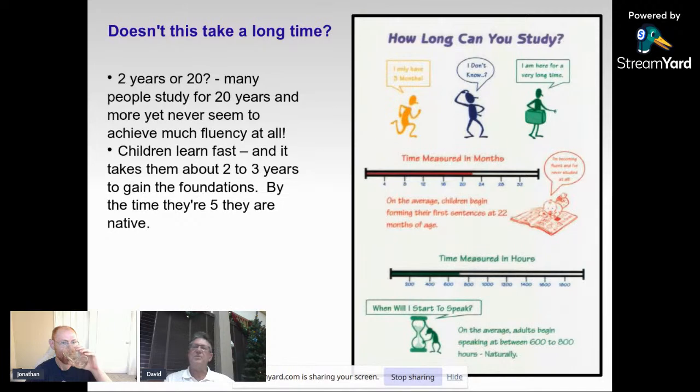If I say to you, it's going to take you 2 years to acquire this language or 3 years to acquire the language, well, I don't have that much time. Well, how much time do you have? And then let's be realistic, right? If time is measured in hours, which is what we do at ALG, we measure time in hours. 800 hours